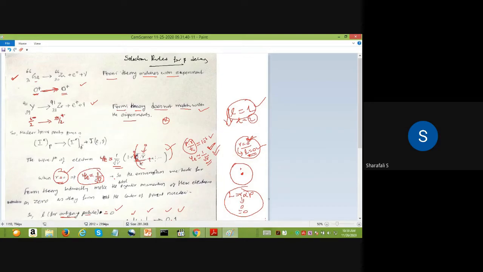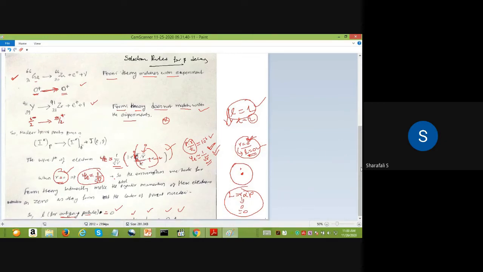So for the next term, you can consider this whole term and derive again the Fermi theory for the decay probabilities. Similarly, you have to change it for the neutrino also, and you can derive all the steps that we did for this psi E with 1 by root V alone. Then you can get L equal to 2, L equal to 3, L equal to 4 cases, and you can study the probability of those kinds of decay processes. So this is just some basic understanding of the selection rules for beta decay.